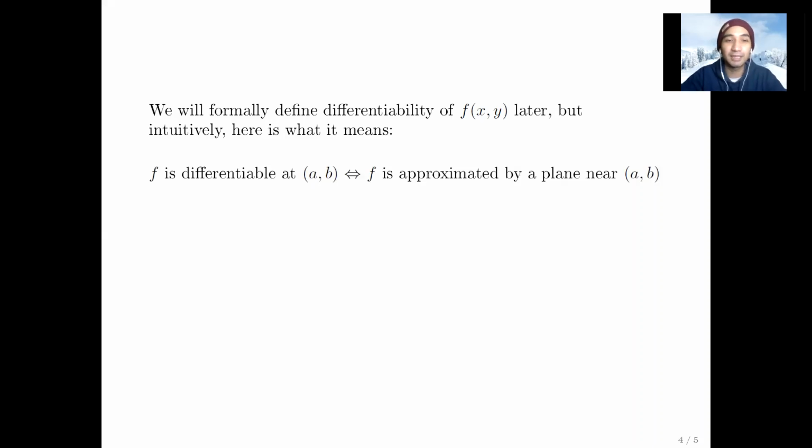Intuitively, ang gusto nating sabihin is that f is differentiable at a point kapag na-approximate siya by a plane. Ito na yung analog na. For one dimension, yung curve natin nagmumukhang line. Yung sa two dimensions, kapag two na yung input natin, dalawa na input, x and y, gusto natin yung surface natin na approximate ng isang plane. Okay? So halimbawa